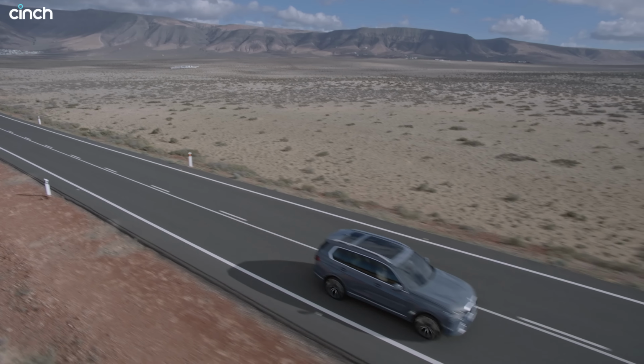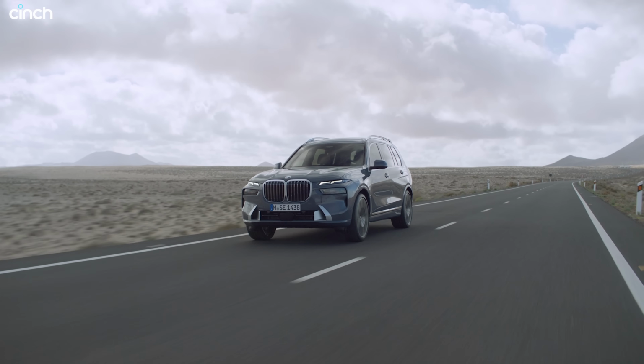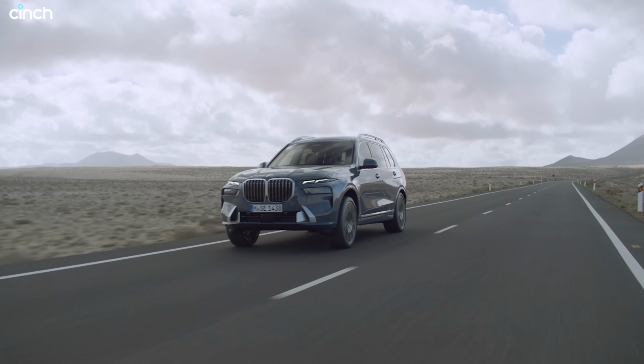But the key thing that's different in this car, and really what has changed its name from an M50i to an M60i, is that this V8 engine, that 4.4 litre BMW V8 motor, which we know and love and still sounds fantastic, well now it works in tandem with a mild hybrid 48 volt electric system, which, well, I suppose is there to trim CO2, but it also ensures that this car now has 530 horsepower and 750 Newton meters